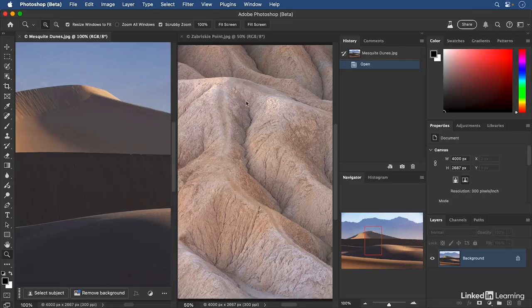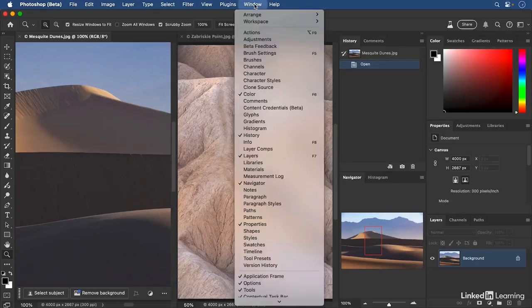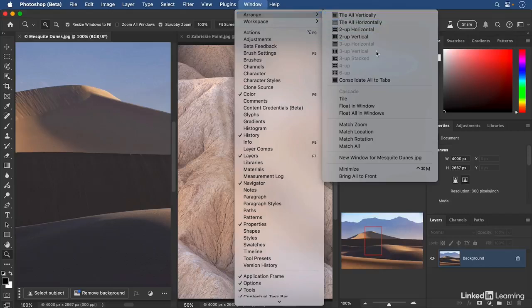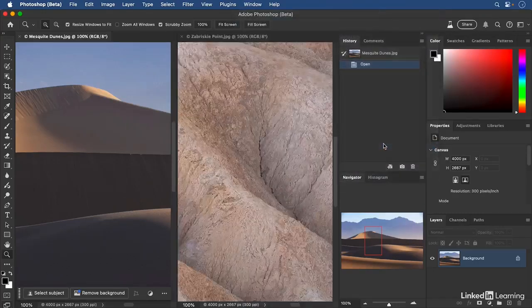If I want to match the zoom percentage, we can use the Window menu and then Arrange, and we can match not only the zoom, but also the location, rotation, and all of these things. I'll choose Match All. And now if I tap H to get the hand tool, and we select the Zabriskie Point image,